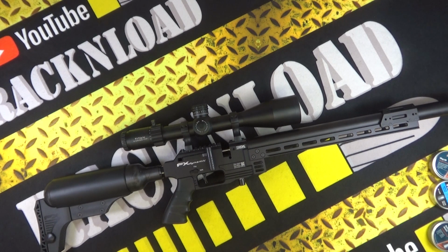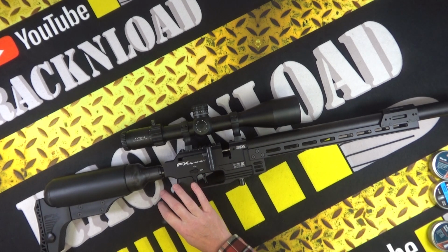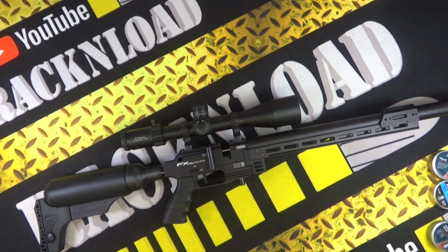The overall length is 900mm or 39 inches, weighing in at about 7 pounds or 3.2 kilograms. Fill pressure is 250 bar. It has a 62cc plenum on this particular rifle. On the 600mm and the 700mm, they call it the Magnum XL Plenum, which is